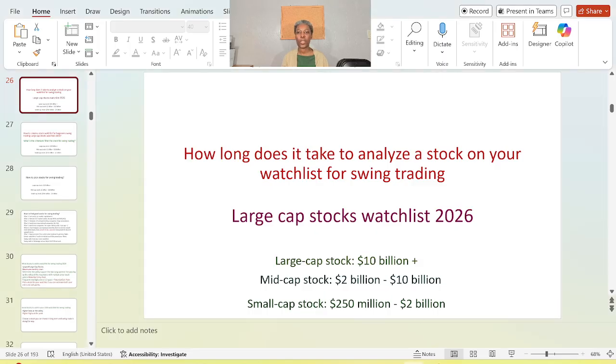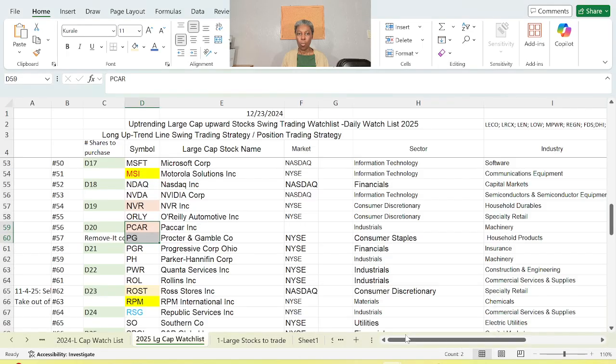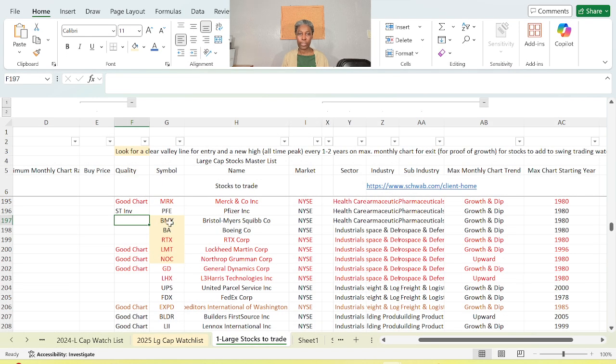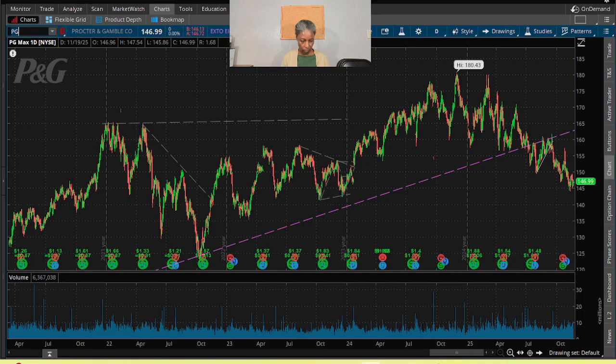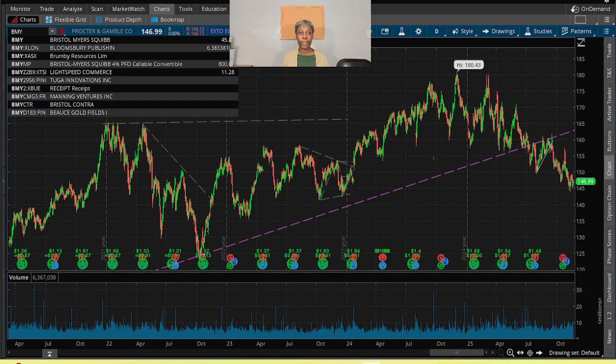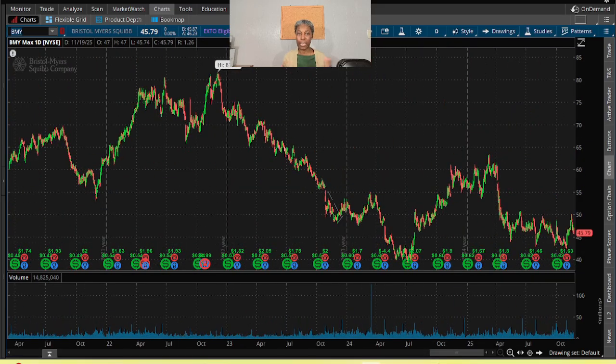Hello, how long does it take to analyze a stock on your watch list for swing trading? Well, let's take a look at the stocks we want to put in our watch list, and let's just pick one from this, BMY. So BMY, if we assume BMY is a stock you want to swing trade, is on your watch list,